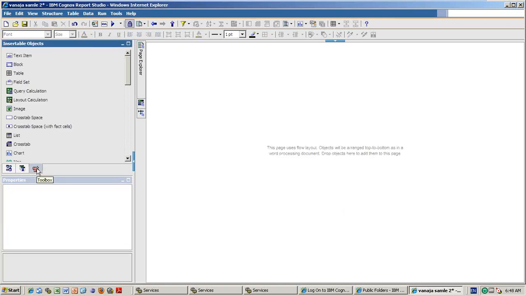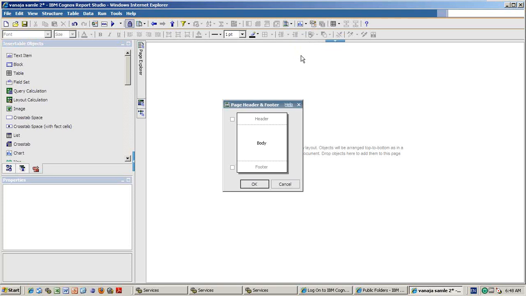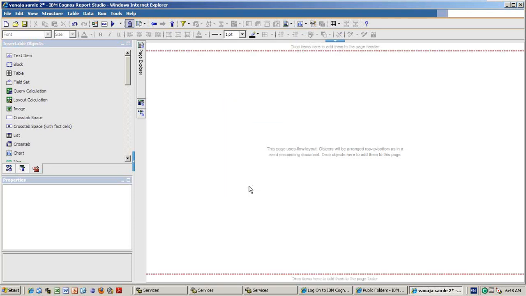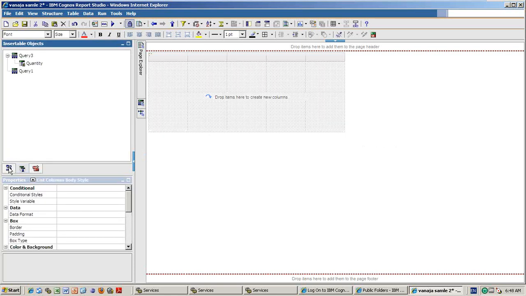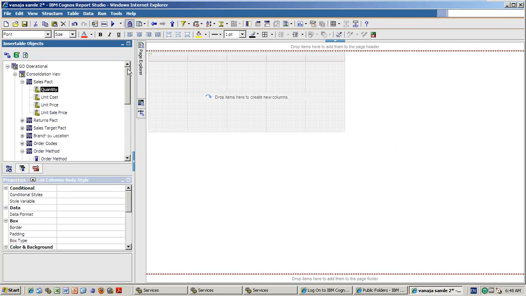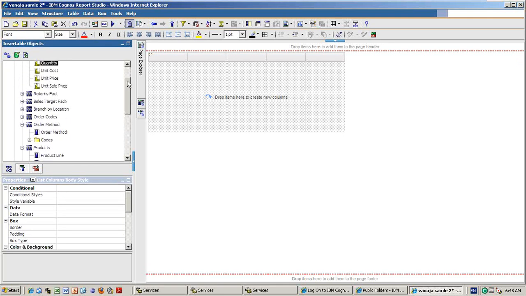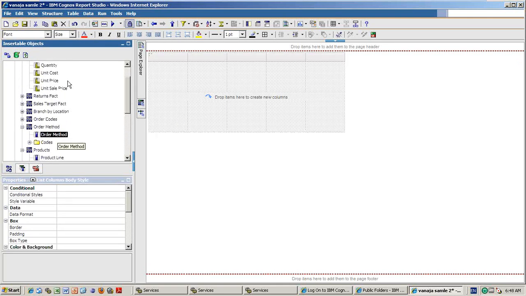I want to use headers and footers. And I am using one list here, with product line and order method, or order method and quantity values.